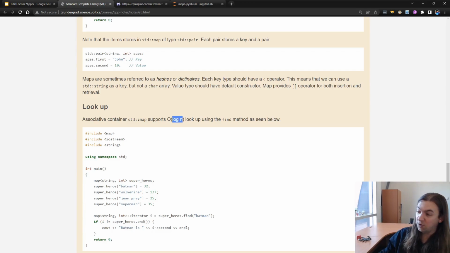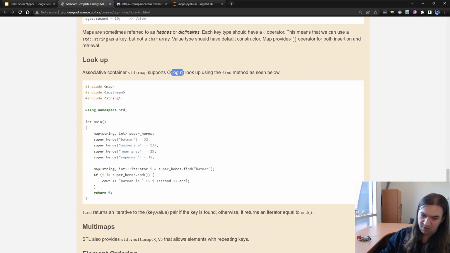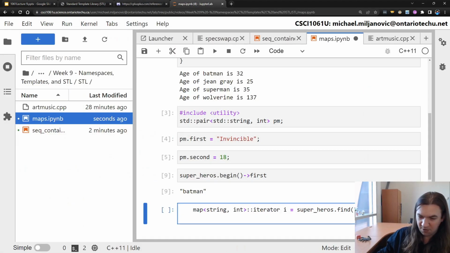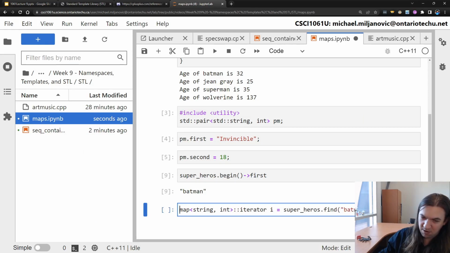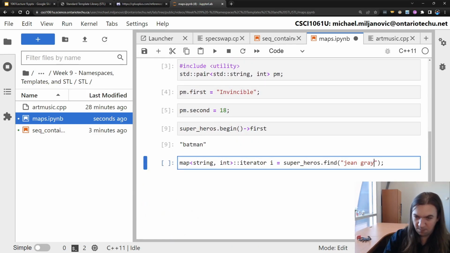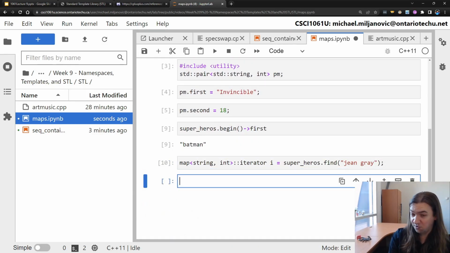So it means that we can quickly find stuff when we do our lookups with things like, how old is Batman? So if I want to know how old is Batman, I can do something like this. This first line here sets up my iterator, but here I'm not really iterating through. I'm actually just looking for a pointer to a superhero. And here I want to find Batman. Maybe we'll find somebody else. Let's find Jean Grey. Sure, Jean Grey. So now I have a pointer to Jean Grey, and I can do something like,